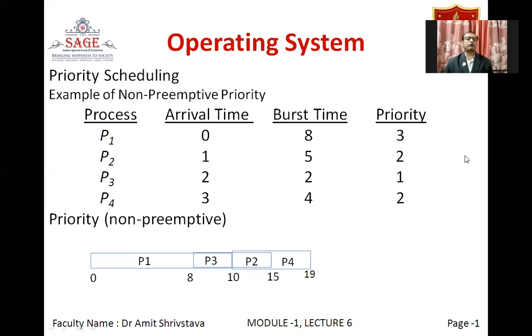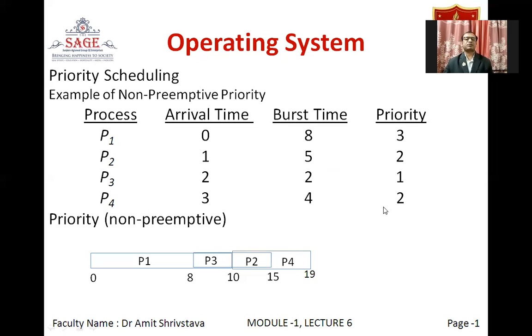After that, P2 and P4 both are having the same priority, that is 2. So here we will follow the first come, first serve rule. P2 has arrived first, though we can see here that the CPU burst of P2 is 5 unit time interval, and P4 is having 4. So the lower CPU burst is that of P4, but here we are not concerned with the CPU burst. We are only concerned with the priority of that process. Since both are having the same priority, we will simply follow the first come first serve basis. So P2 will be allotted the CPU next. From 10 to 15, P2 will be executing because its CPU burst is 5 units.